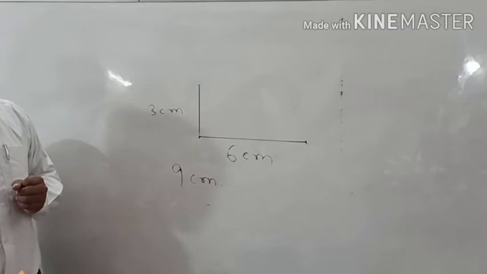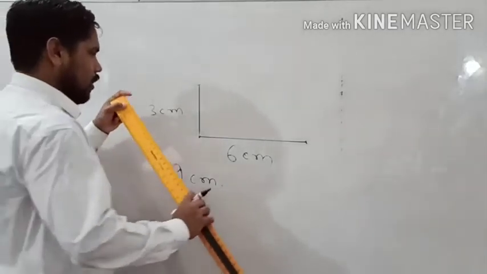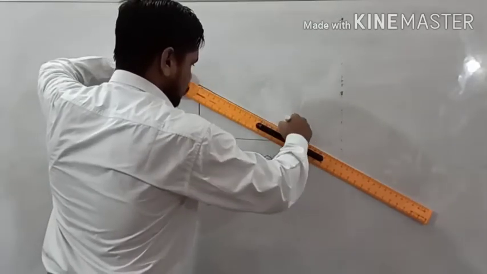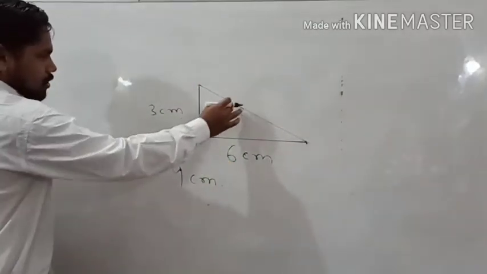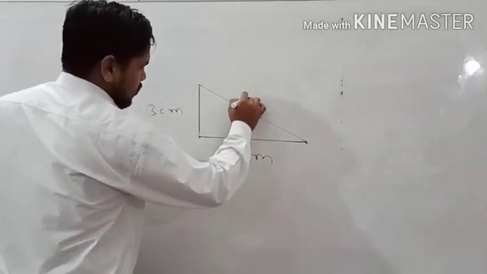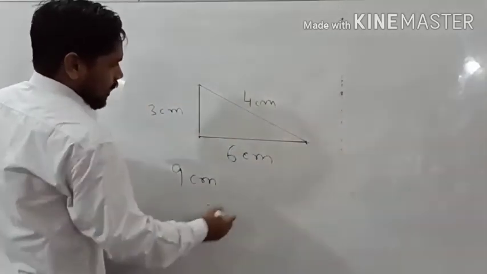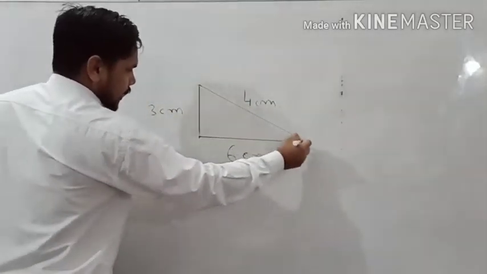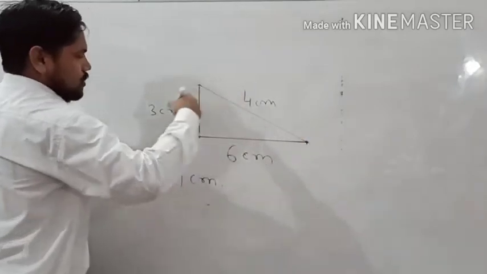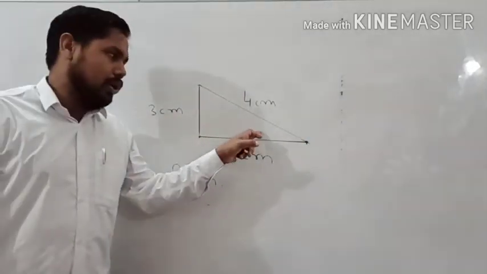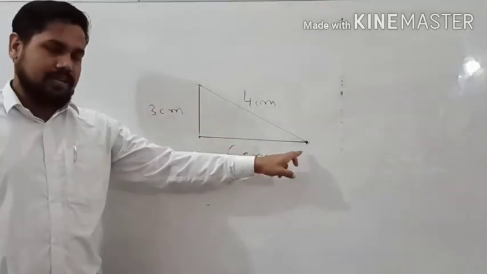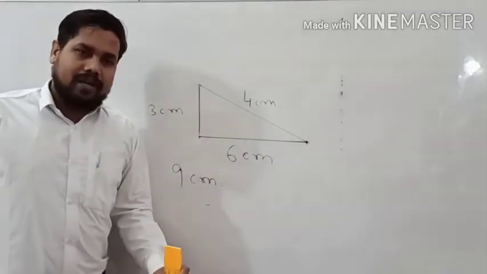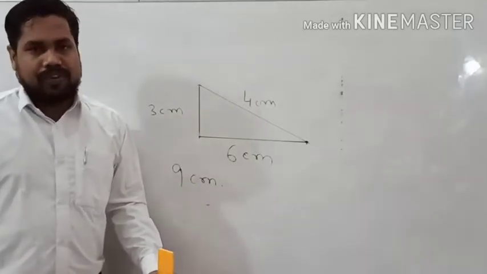Now if I give one more line here and ask for the total length, then I will add this side also, right? Suppose this side is 4 centimeter. If someone is standing here, going up to here, and then coming back here, so one round he is doing. The total journey, if you want to find out, you will add all these sides.